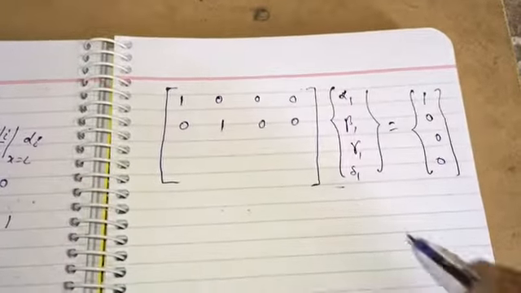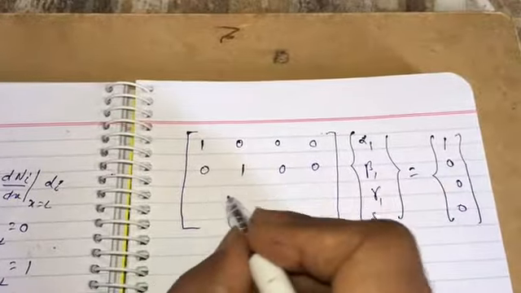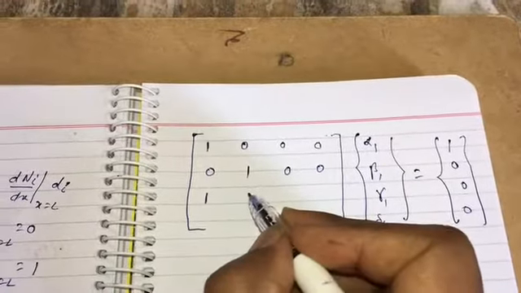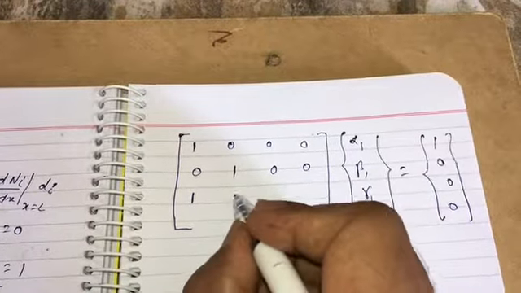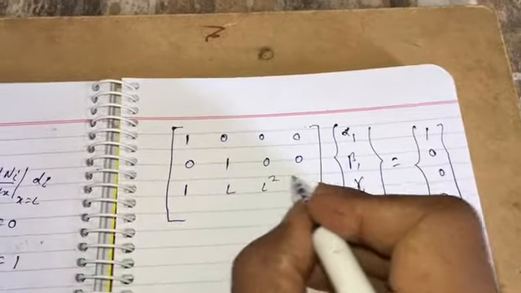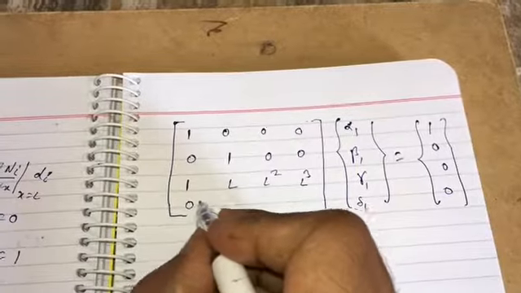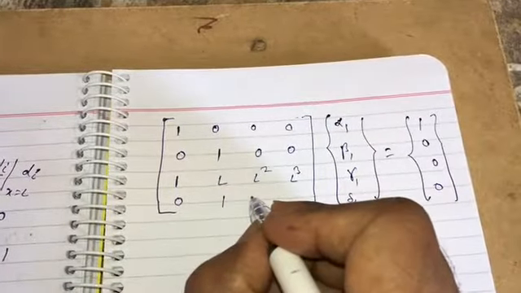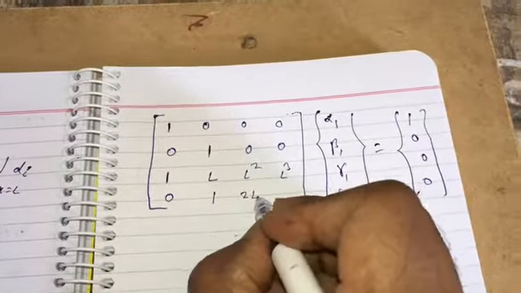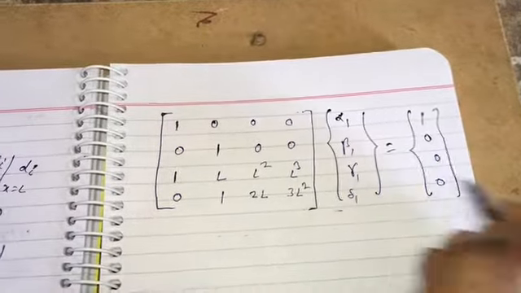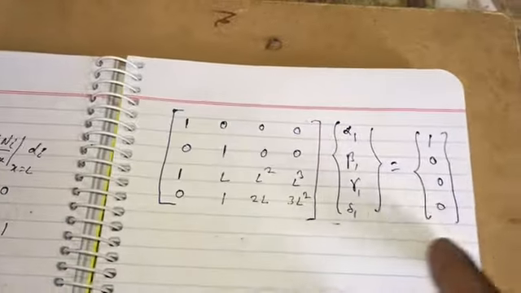Okay, then we have 1 here, then we have L square, L cube here, and here we have 0, then we have 1, then we have 2L and 3L square here. So this equal to this, so